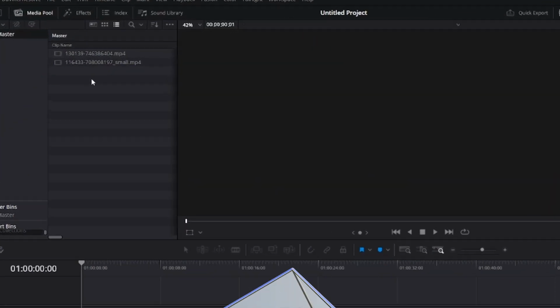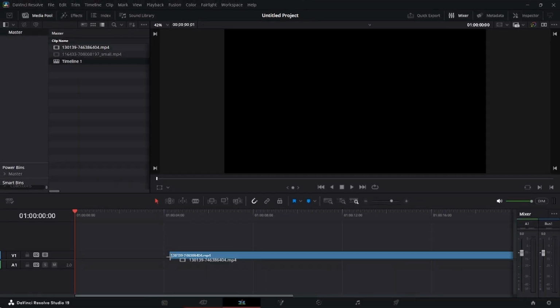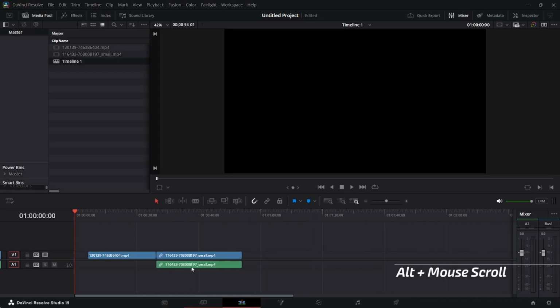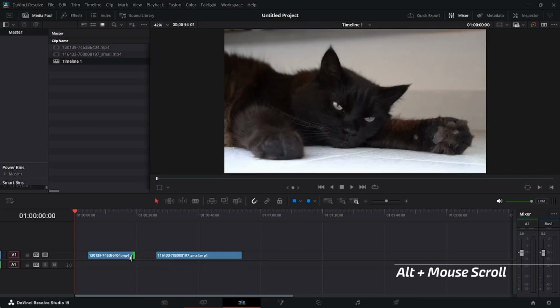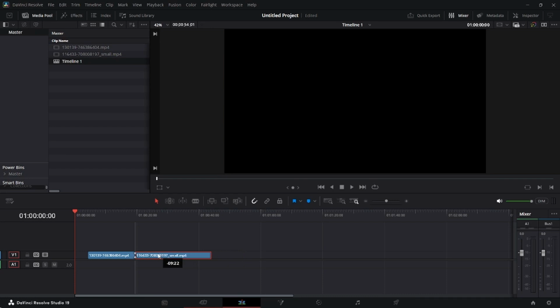So I have some videos here that I've already downloaded. I'm just going to select all of them and drag them to the timeline. Let's just minimize the timeline by holding down Alt and scrolling upwards a bit. I'll just remove the soundtrack. I don't need that. I'm going to create a bit of a handle between the videos and put that there